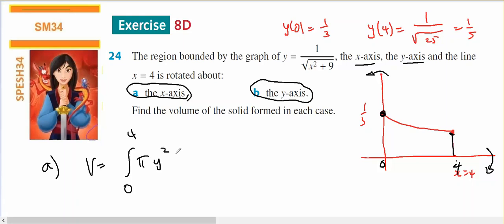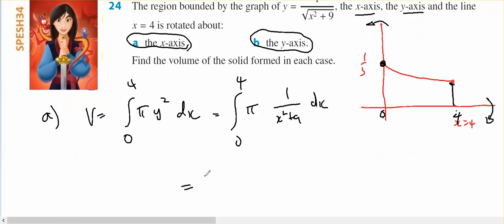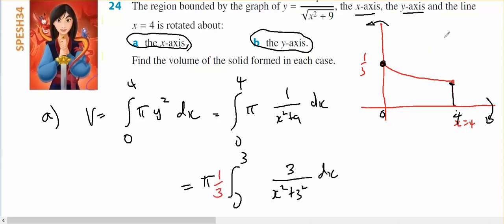of pi y squared dx, which will equal the integral from 0 to 4 of pi times that squared is 1 on top of x squared plus 9 dx, which will equal pi, integral from 0 to 3 of, I'm going to use the inverse tan rule, so I need 3 on top of x squared plus 3 squared dx, and to get that 3 there, I need to divide by 3 out the front,